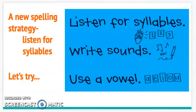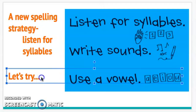But a new spelling strategy that I want to teach you about today is listen for the syllables. So here we are listening for the syllables. Well, then we are going to write the sounds. And we are going to always make certain that we use a vowel because we know that in each part we need a vowel. And our vowels are A, E, I, O, U, and sometimes Y. So let's try it together. So if I have the word exploring, here I'm going to go ahead and write that word for us right now. So when we are listening for the syllables,